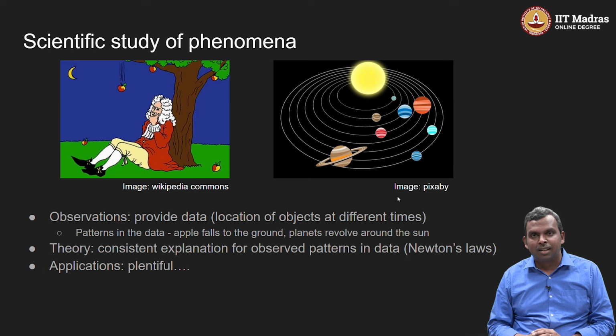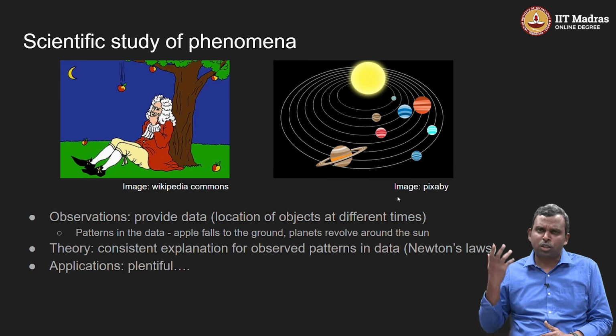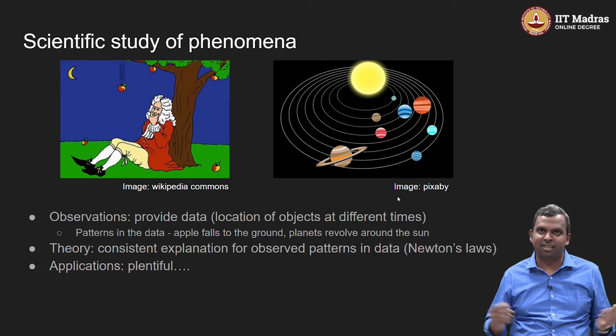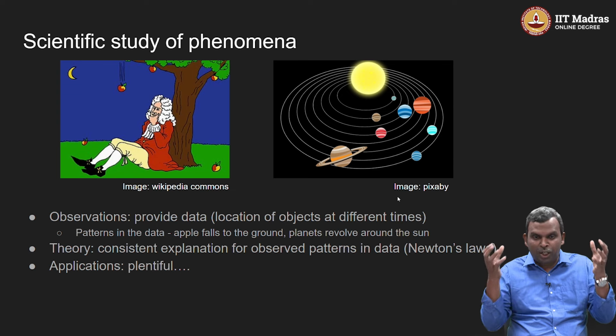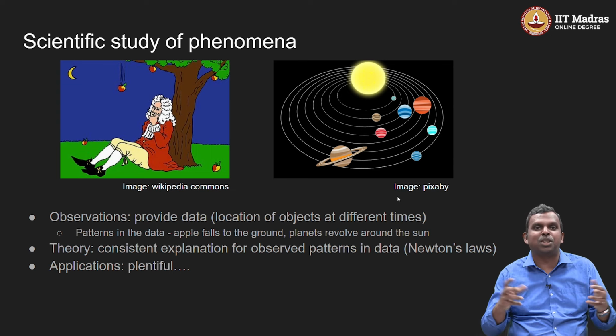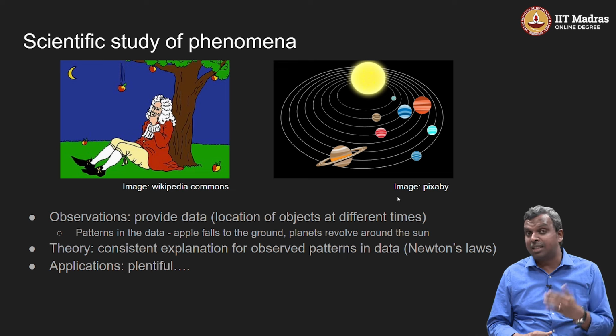All these patterns were known, particularly with respect to the planets. Lots and lots of patterns were known for various other reasons. People knew that all this kind of phenomenon that you observe, of objects moving from one place to the other for various reasons, there is a pattern that they seem to follow. So these observations were all there, and one of the great achievements in science was Newton's theories of